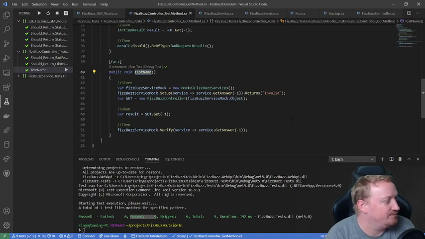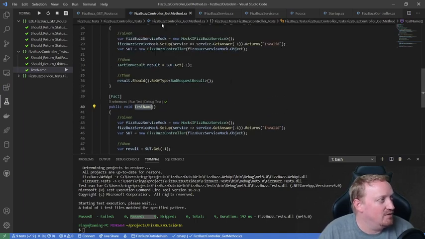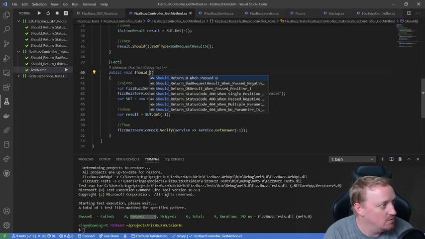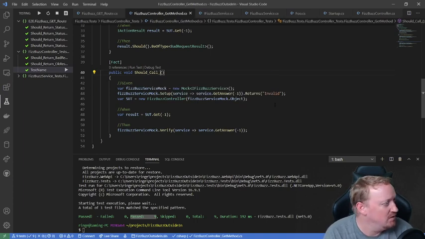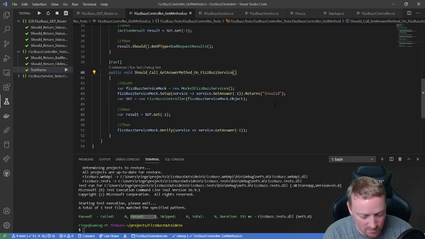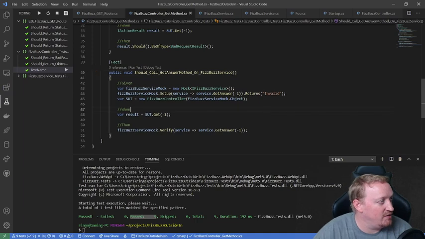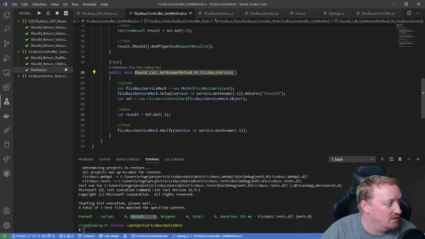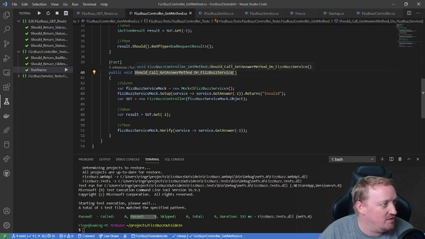This time, this is our FizzBuzz controller get method. What should it do? Well, it should call get answer method on FizzBuzz service, and that's actually all I really need to do. I'm just testing behavior. I could also say should call get answer method